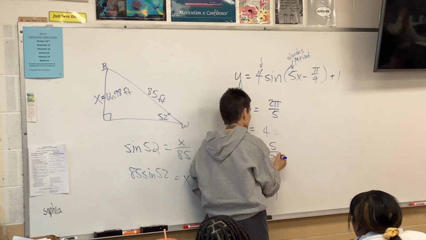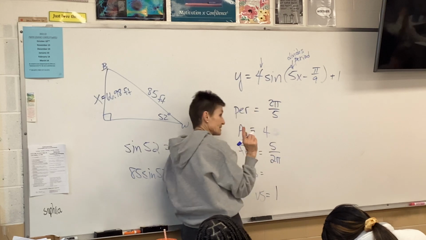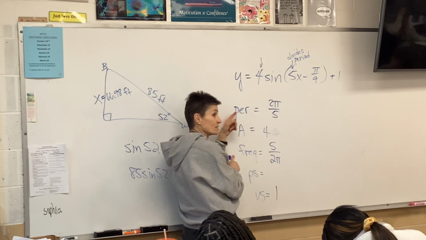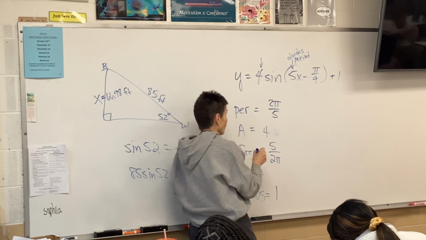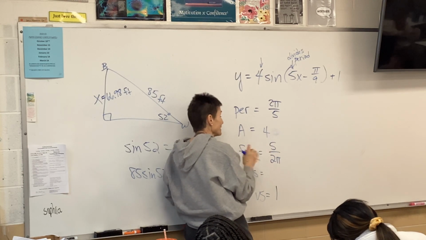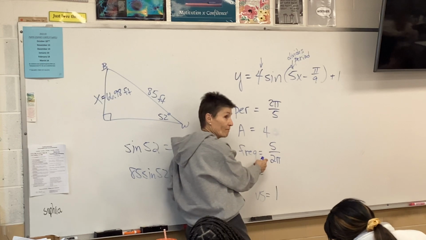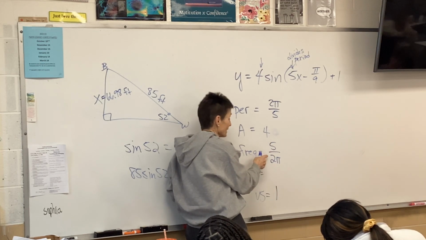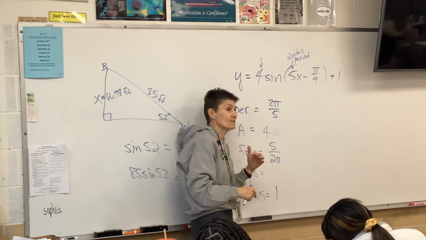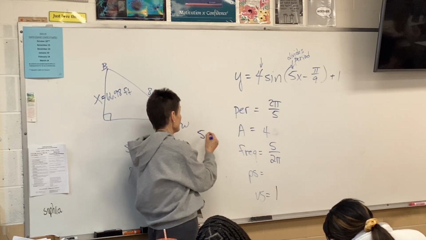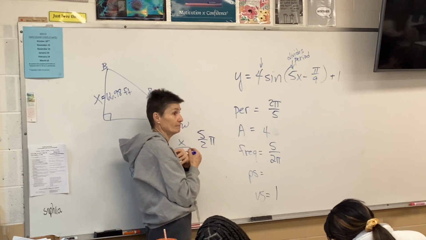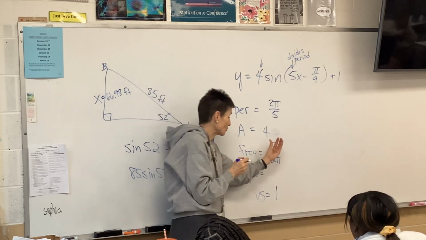Frequency is 5 over 2 pi. And again, that's exactly right, because frequency is the reciprocal of the period. Be careful, make sure that however you write that, this way's preferable, by the way. But it has to be clear that the pi is in the denominator. All right? So if you do something like this, that's not good. You need to make sure that pi is in the